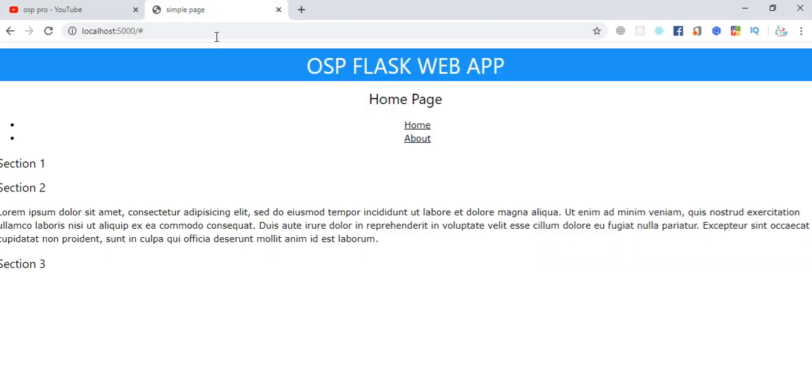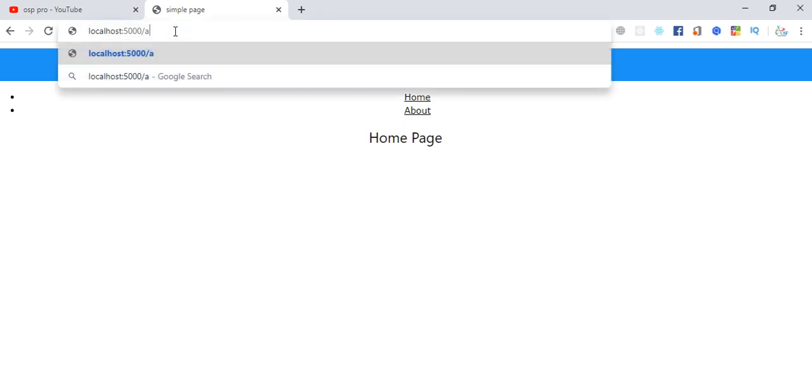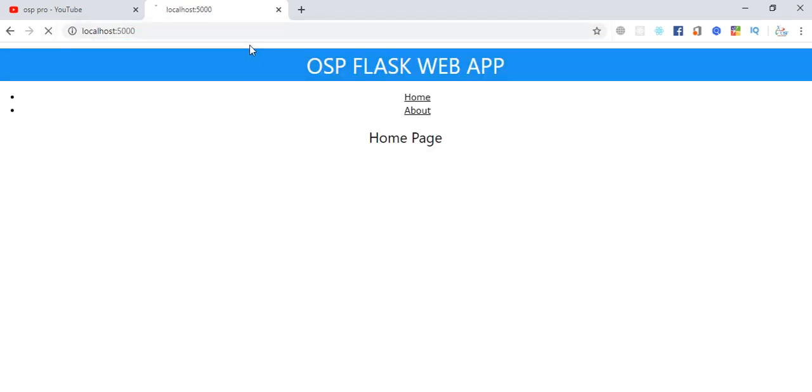So let me just come back in briefly. This is what we have for now, this home page, and I also need to go to the about page. Remember, to go to the about page, you need to click here and put the about, like that. When you do that, it takes you to the about page, which I'm also going to change, and remove all the stuff so that I can only have